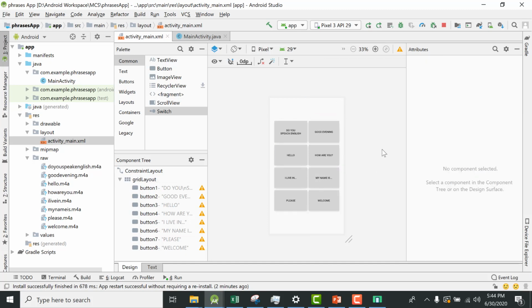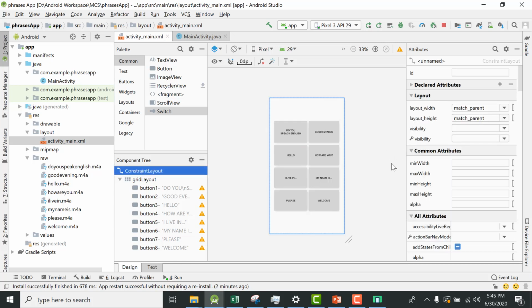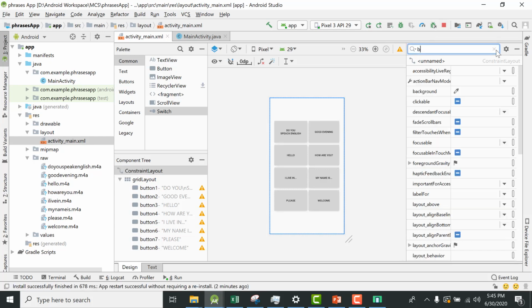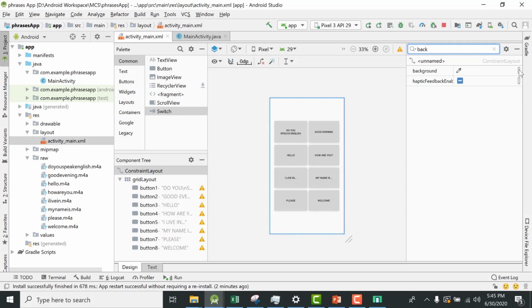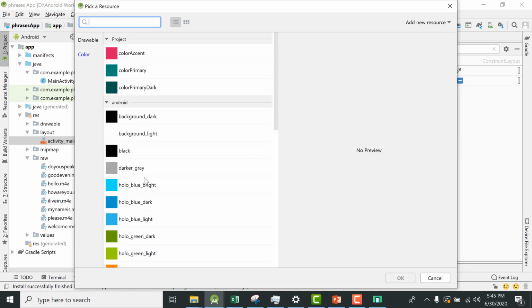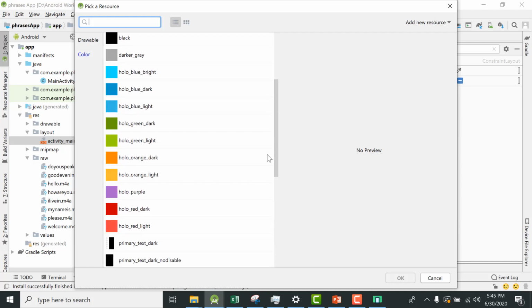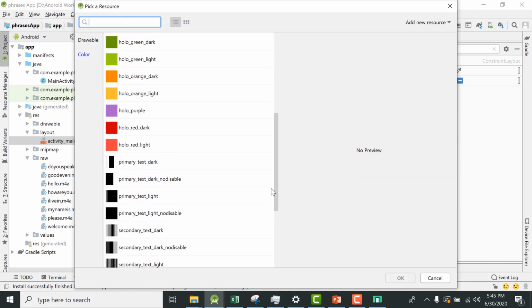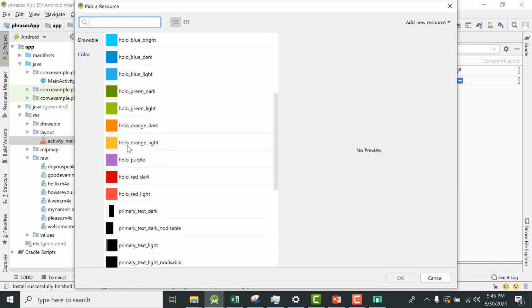Alright, so with that, if you do not want this white background because it is looking so simple, you can change it and go to colors and give it a little lighter color.